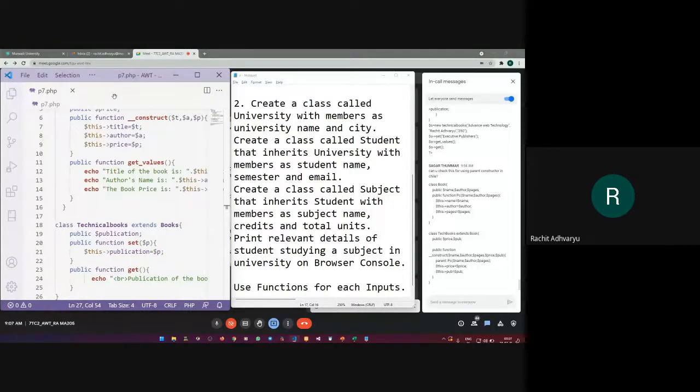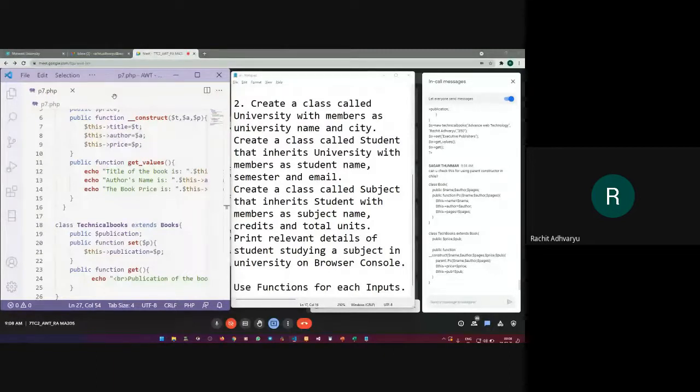Public function get value. Okay, you are using echo. This is not dollar this one, right? Okay, what is this?